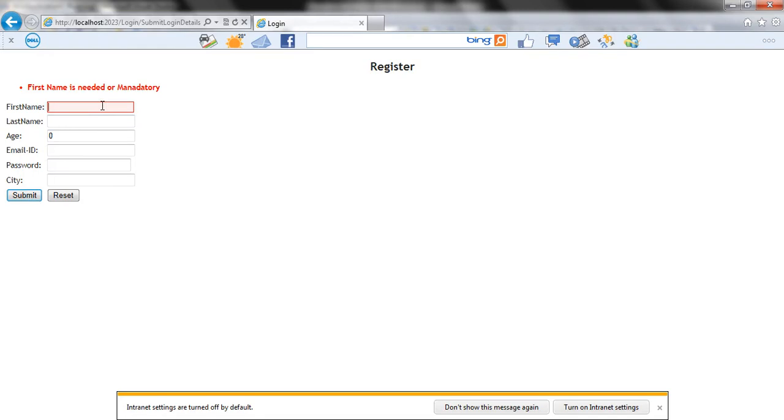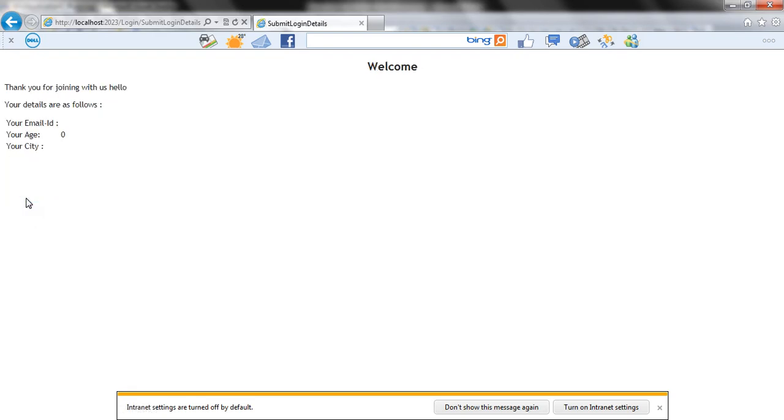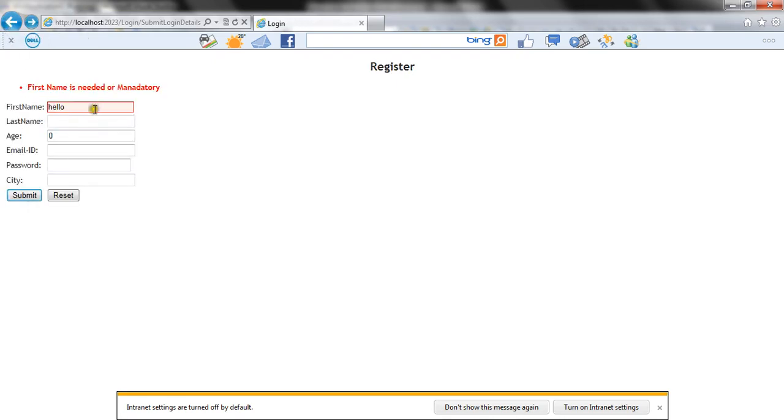Now we give the first name as hello. Now the validation is passed and it posted data to the other view. Now let us give a name which is more than 20 letters. I'm typing anything which is more than 20 letters. Now it is more than 20 letters, and if we submit it, it gives first name cannot exceed 20 letters. So this is how the max length works,